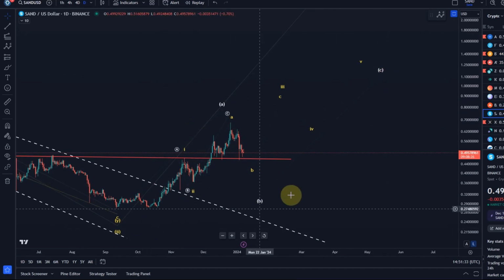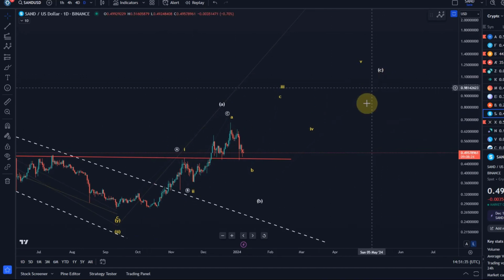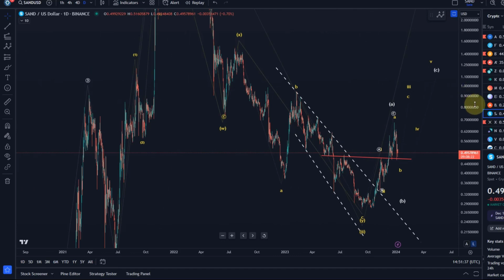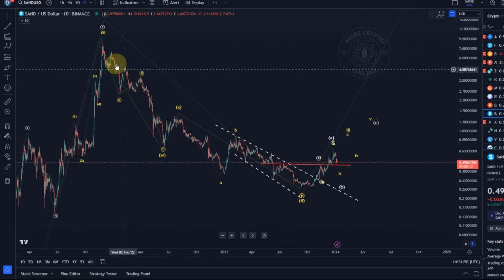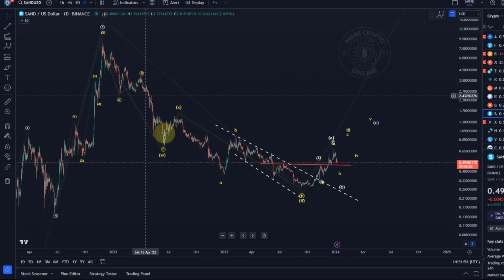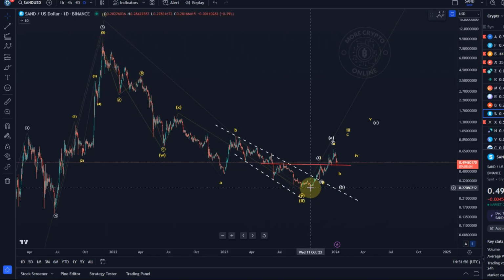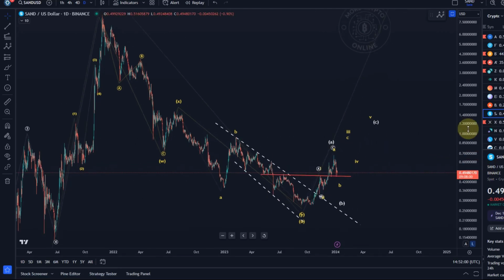But because it's an ABC structure, I would not be able to really maintain the bigger picture outlook that this is possibly going to all-time highs, because the third wave cannot be an ABC structure. So that's a warning, okay? That would mean I have to count it as 5 waves to the downside, which I can. This allows for it. But I'm kind of forcing a bullish count here because it's a bullish market at the moment.